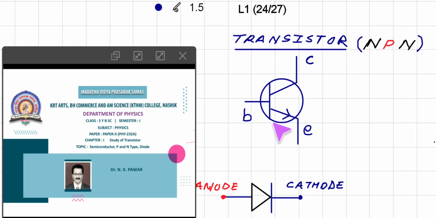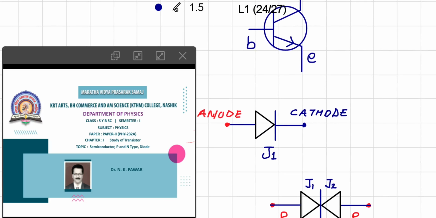We already know the PN junction diode. Here, in the case of a PN junction diode, as shown, it consists of an anode and a cathode. There are two electrodes, so that is why it is called a diode. One is the anode, which is positive, and the other is the cathode, which is negative, and they are cemented together such that they form a junction. That is why it is called a PN junction diode.